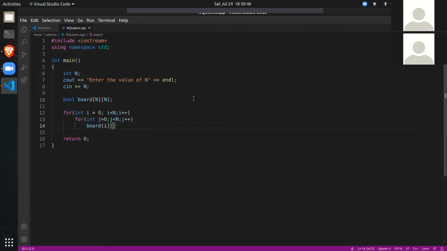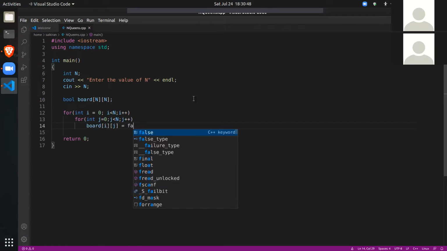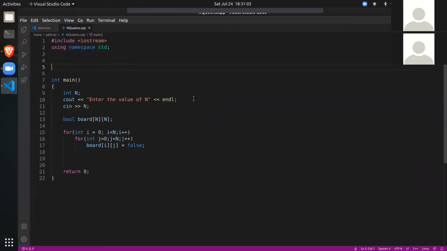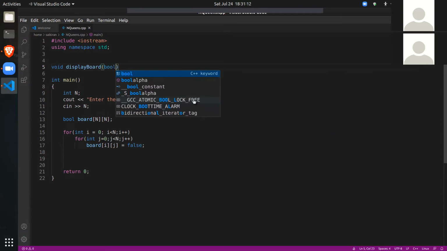Board of i of j is equal to false. So this will clear out our entire board and make it empty. Now what we need to do is have a way to display this board, right? So we'll write a function for displaying the board, void display board. This will take in a boolean.